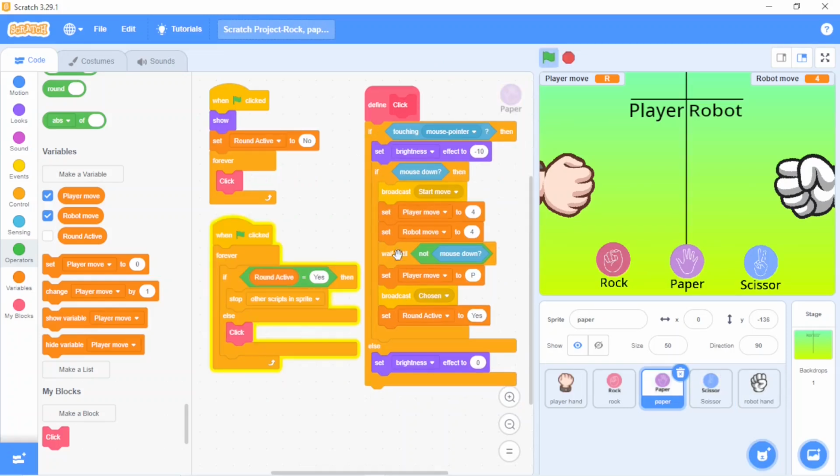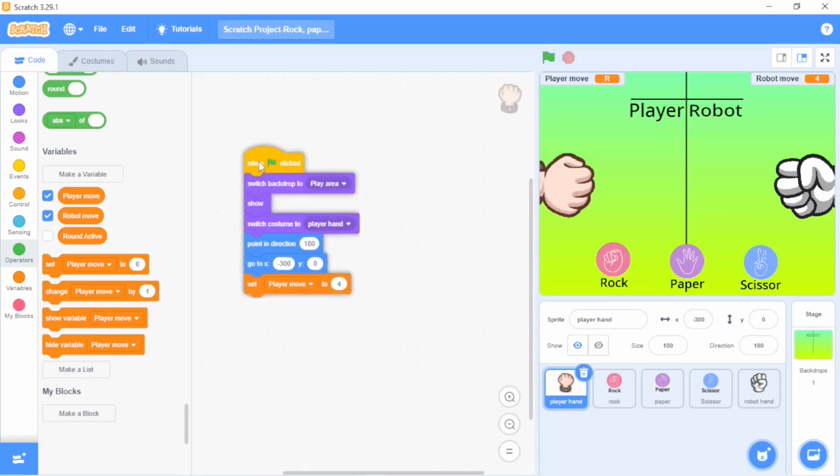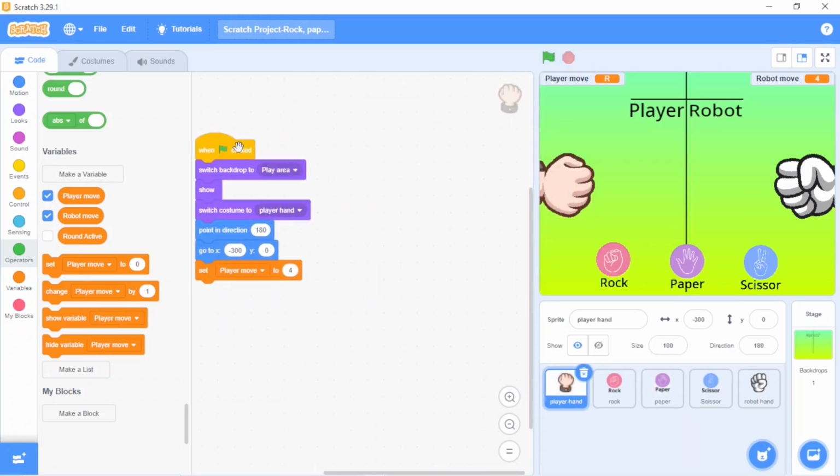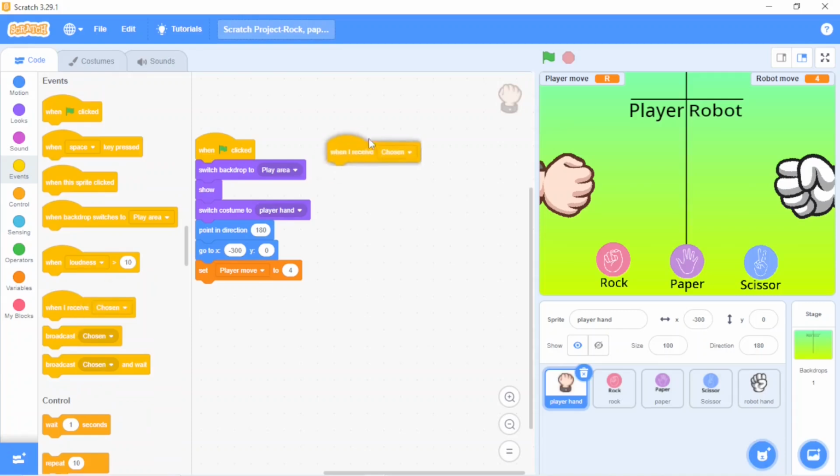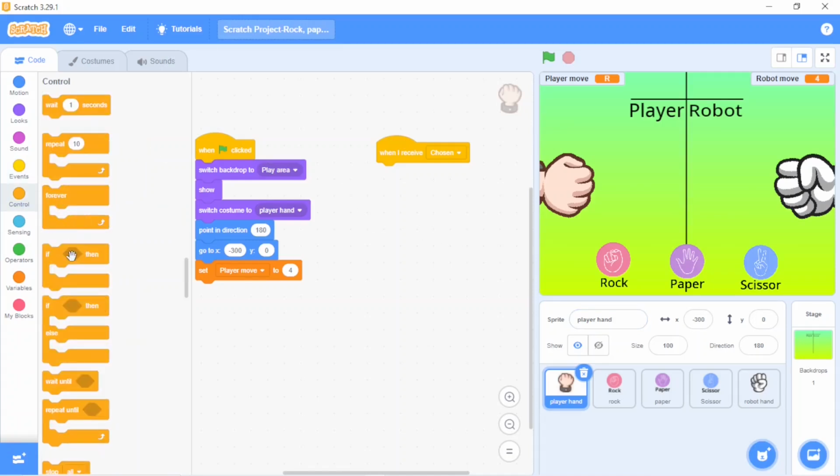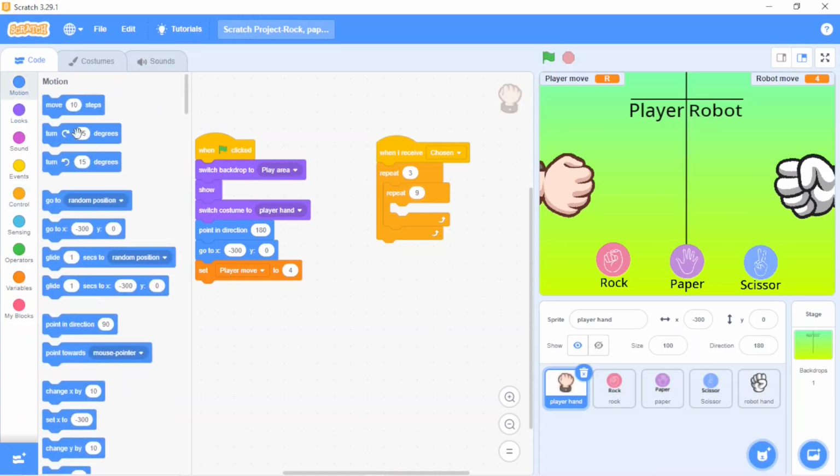So now we are going to do the code in the player hand, in which we will have the possibility to click the buttons many times. So now we are going to receive our chosen broadcast in events, that is when I receive chosen, go to control, take repeat 3 times, and inside repeat 3 times take repeat 9 times, and inside repeat 9 times go to motion.